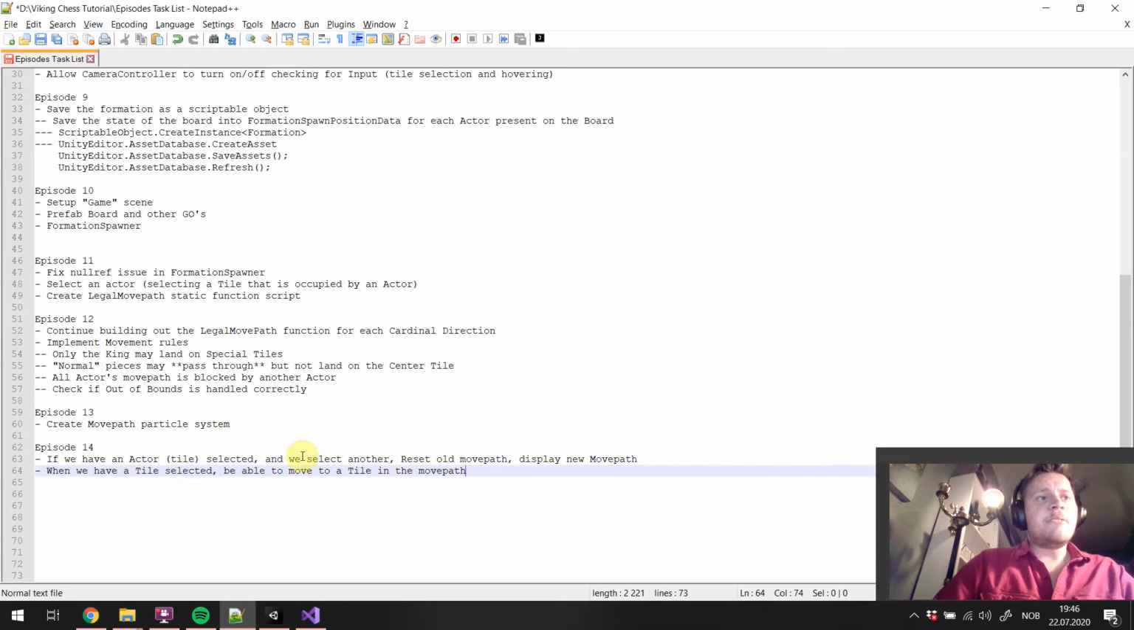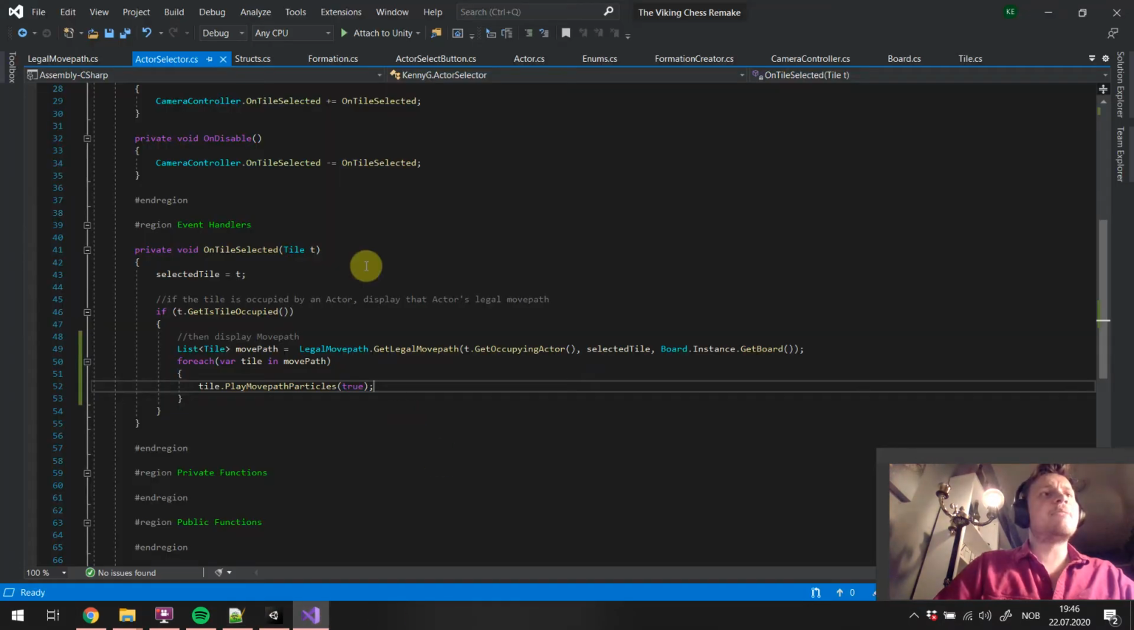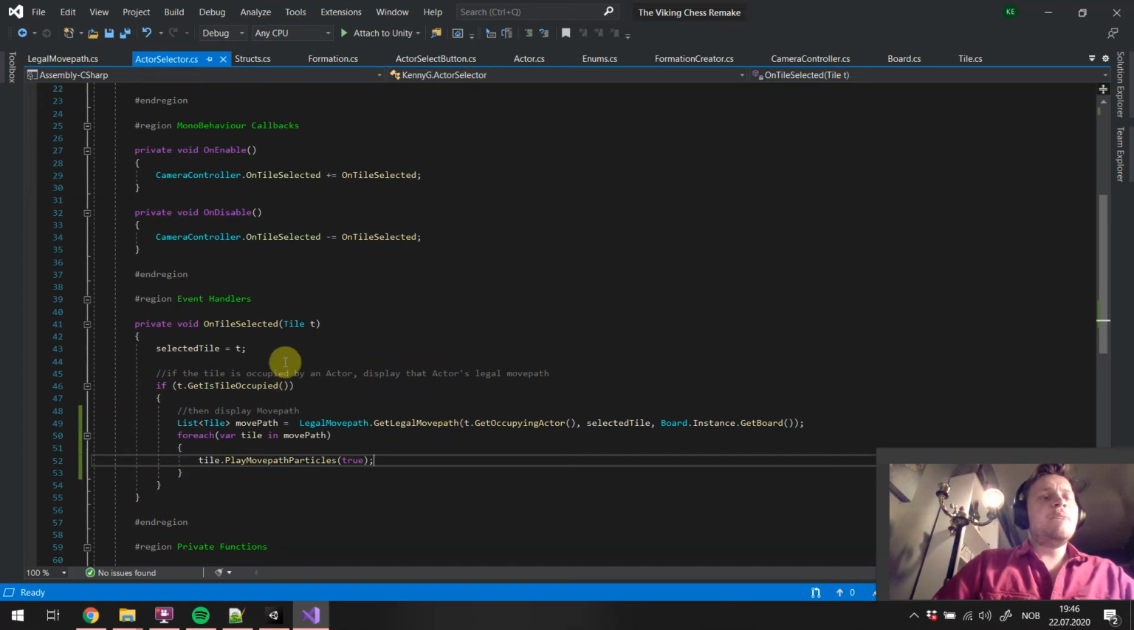If we have an actor, or rather a tile, selected, and we select another tile, reset the old move path and display the new move path so that I can switch between actors that I want to interact with. Let's just do that first. So let's go into our script in the actor selector. And here we need to check